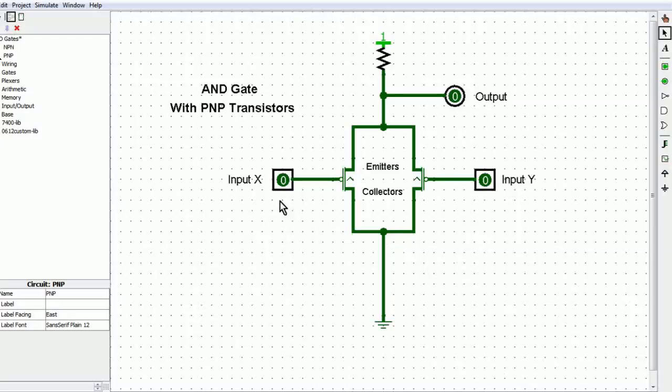And as it turns out, we're going to need to have these two in parallel. Again, we're going to disconnect our pull-up resistor and we'll see how this works. Essentially, as long as any one of these inputs is low, the switch is closed and it allows our low state, our ground, to flow through to the output. However, when both inputs are high, then both switches are open, and as a result, our output is now floating. So to get a 1 here, we simply pull it up high,